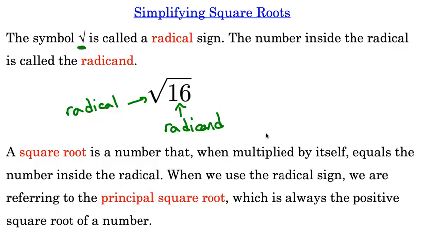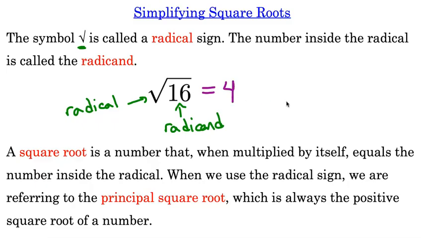So, evaluating or simplifying this example, square root of 16, our thought process is to find a number, when multiplied by itself, that is equal to 16. We're essentially finding a factor pair where the factors are the same. In this case, we can say the square root of 16 is equal to 4, since 4 times 4 is